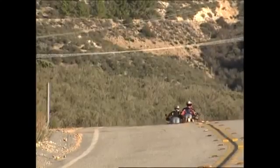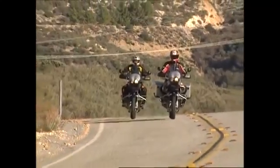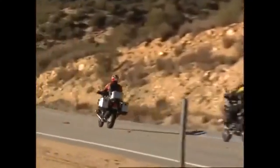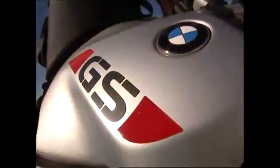Time now to check out BMW's all-new R1150GS Adventure. Building on the already popular R1150GS platform, how popular? Well, the GS is the number one selling BMW motorcycle in Germany. And what you see before you was introduced earlier this year as a sort of GS on steroids, a real